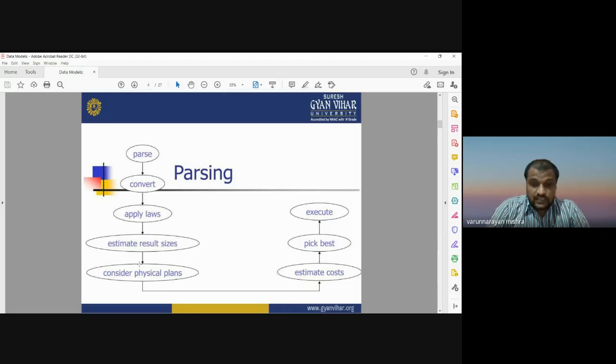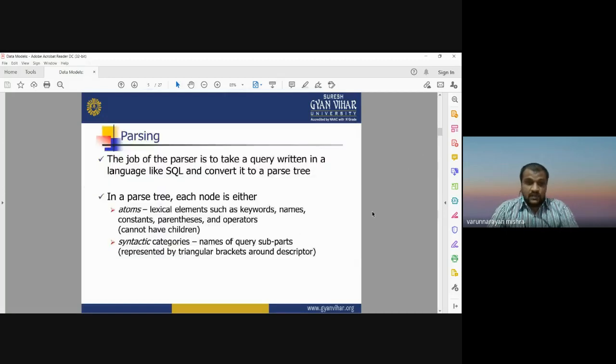So it selects the best possible plan out of all the available plans, and then it will execute and we will have the answer. So this is the entire mechanism of query processing. Okay, so this query processing is known as parsing. In the next slide we will see what parsing is.